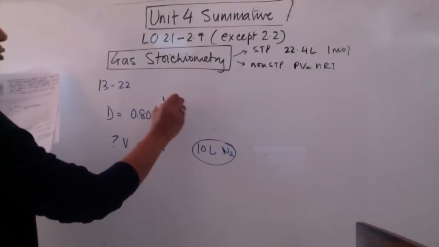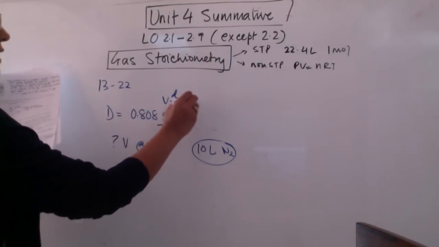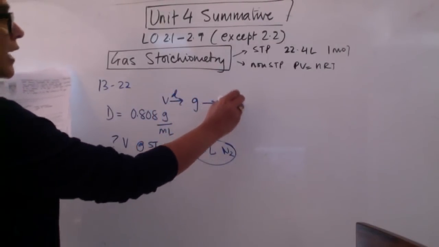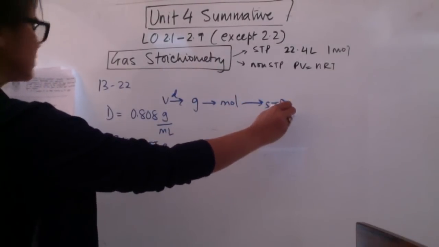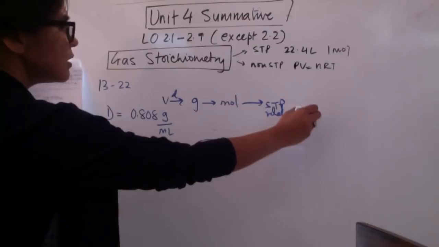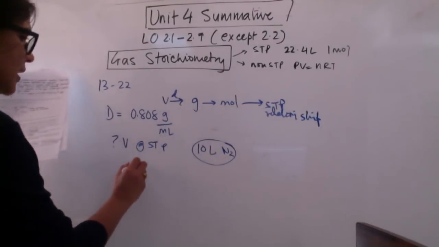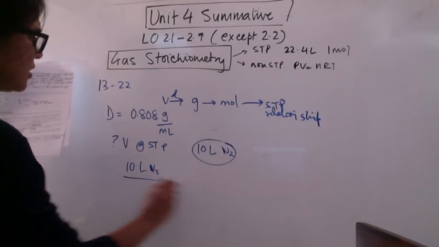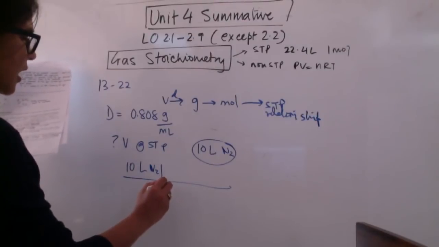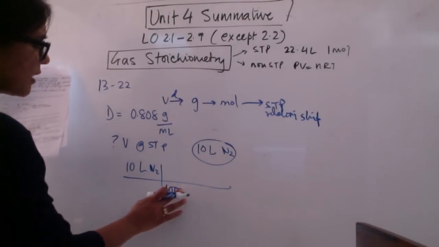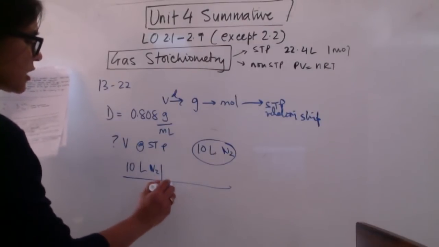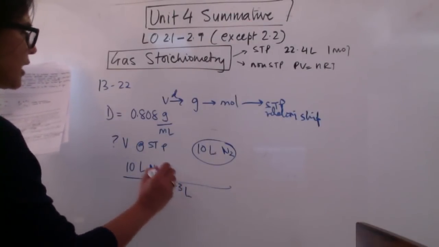So from volume, using density, we get grams, then we get moles, and then we use the STP relationship. Okay, so 10 liters nitrogen, 1 mL is 10 to the power negative 3 liters